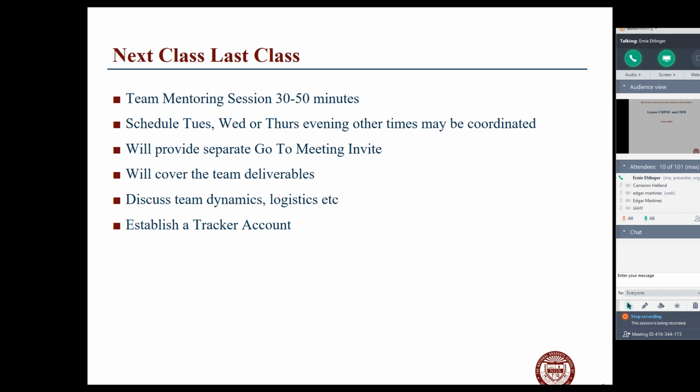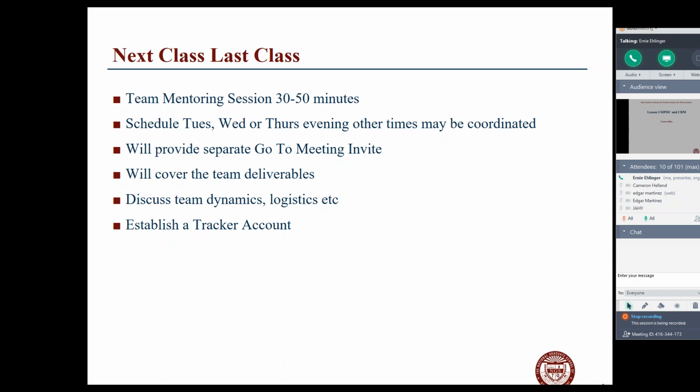Now, if you want to be able to do this at a different time, like noon during the week, to accommodate your team schedules, if that works, like a lunchtime, there may be some possibility for that. I've even done them on Saturday mornings. It stretches a little bit because I've got to get grades in after our last course, and I normally need to have that in before your next course starts. So if it works, you can even do a team like Saturday morning or something like that, where it's allowed for the time differences. But so we have some flexibility.